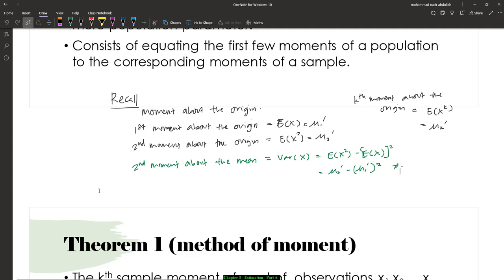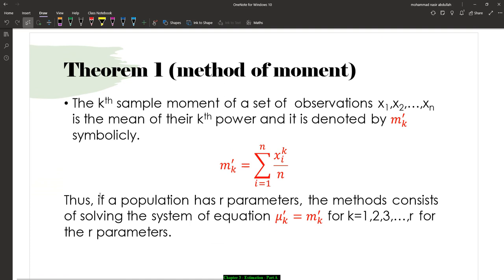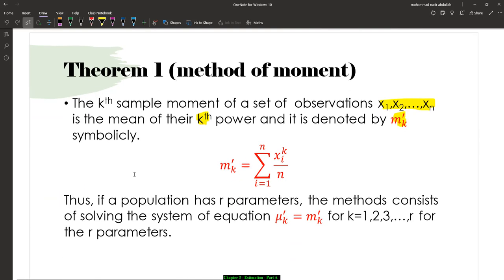Now let's look at theorem number 1 for method of moments, right? The kth sample moment of the set of observations x1 until xn is the mean of their kth power and is denoted as m k prime, which we already recall here, right? Symbolically, we want to find the average of x power of k, sum divided by n, and thus if the population has r parameters, the method consists of solving the system of